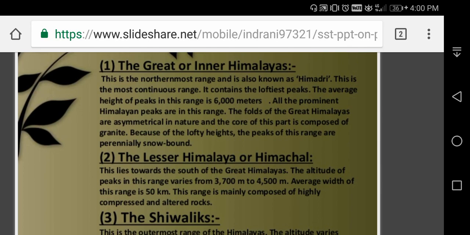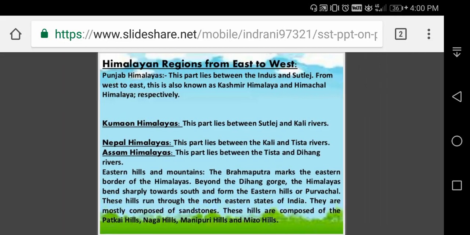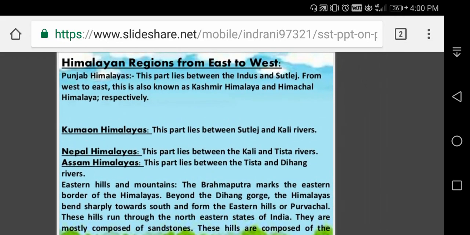Now we can see the northern plains. Next one is, if you want to know more about the Himalayan regions, here